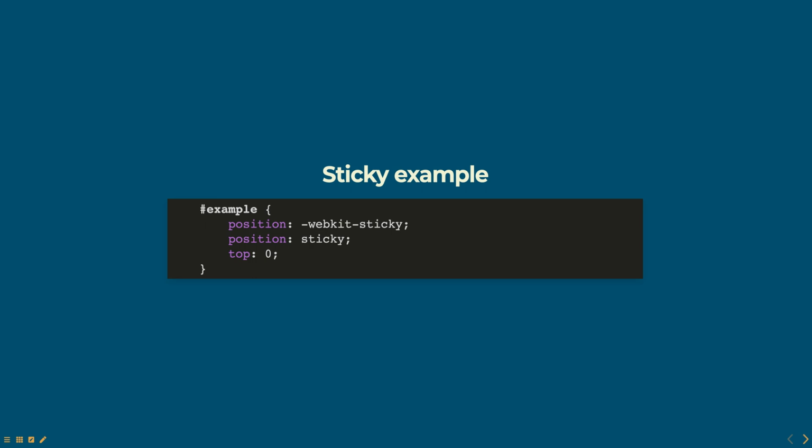Sticky: the element is positioned based on the user's scroll position. When a user scrolls past a certain point, the element sticks to a certain position on the screen. In this example, the element with an ID of example is positioned based on the user's scroll position. It will stick to the top of the page